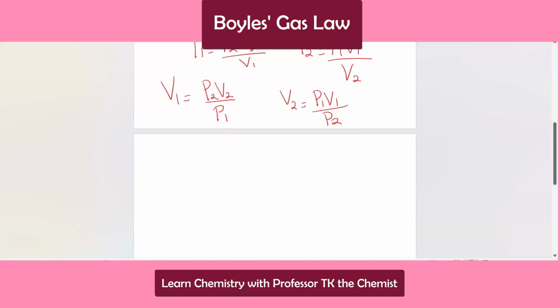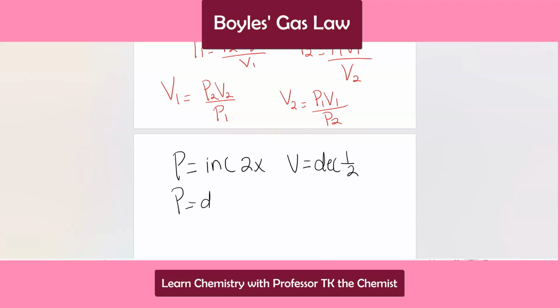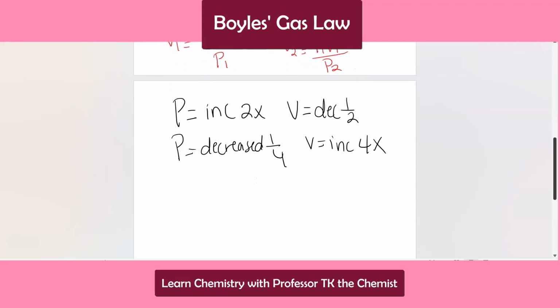And here's something else you want to be aware of too: if the pressure increases, let's say the pressure was doubled, then your volume will actually decrease by 1/2. On the other hand, if your pressure dropped, let's say it decreased by 1/4, then your volume will increase by quadrupling the amount. So these are just some simple ways that you can look at Boyle's law when it comes to predicting the